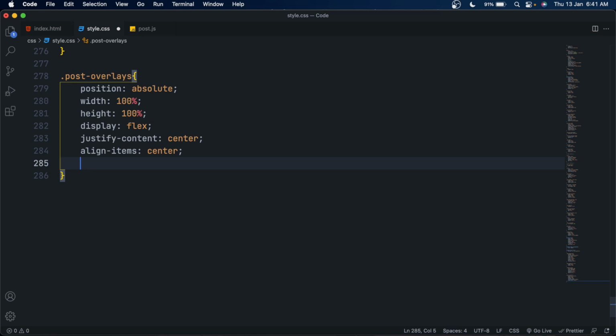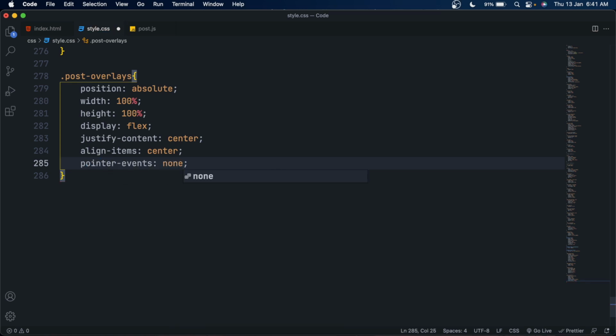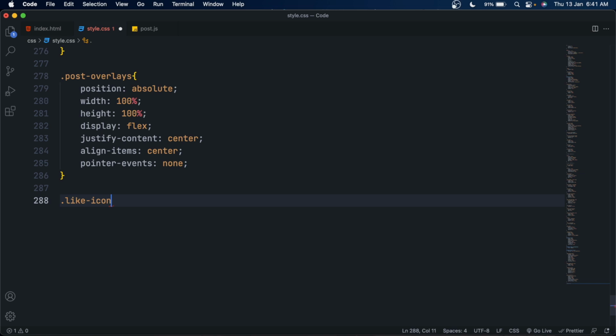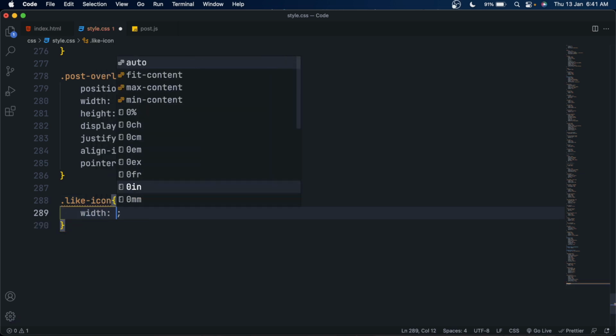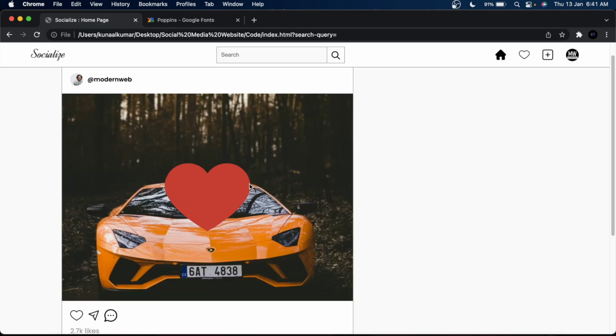So this will make the children exactly in the center. Set its pointer events to none because we really don't want it to have any pointer events. And now let's select the like icon and set its width to 200 pixels. So you can see the heart icon over the post.